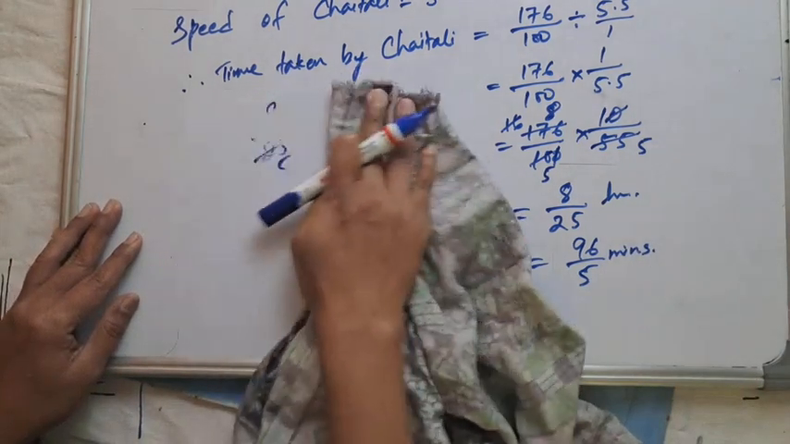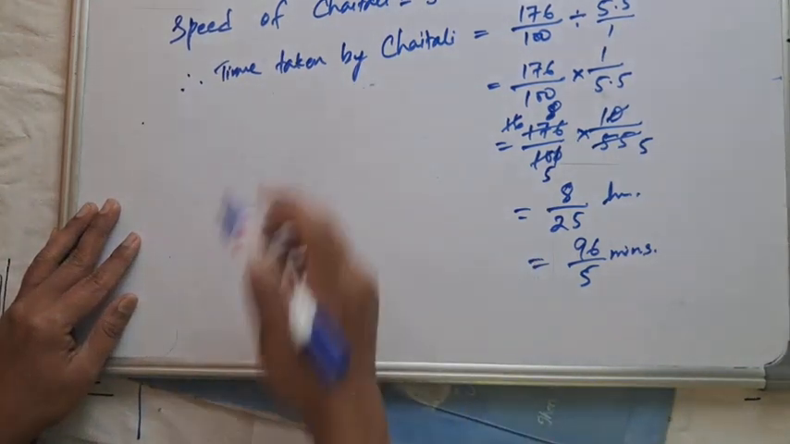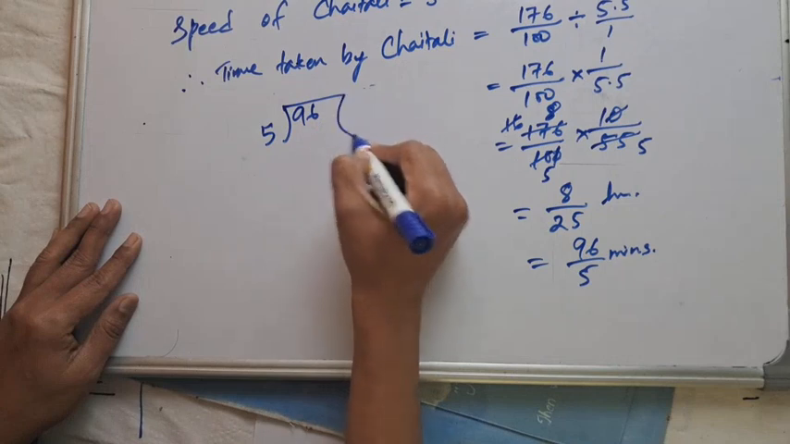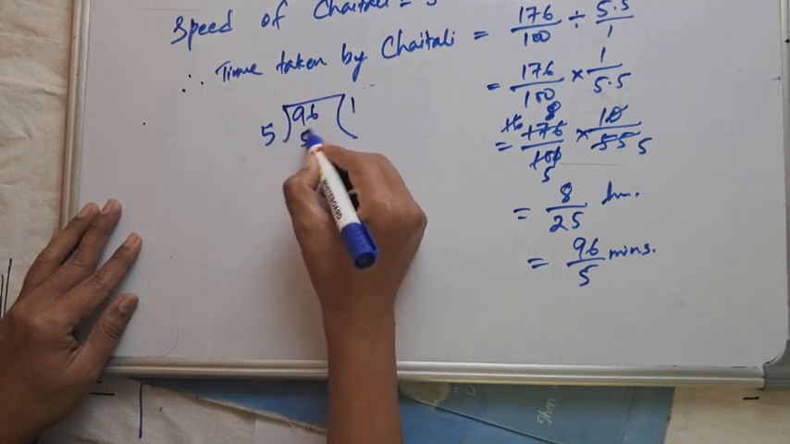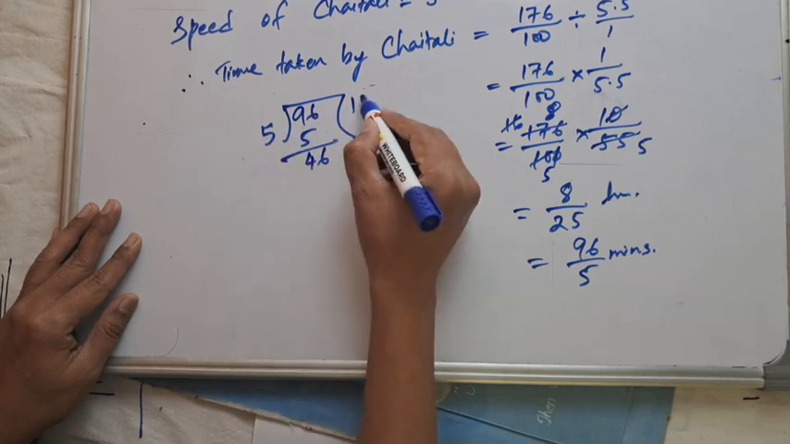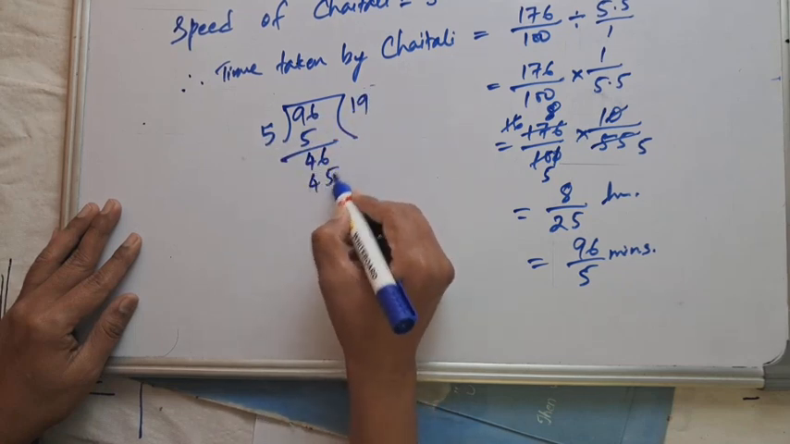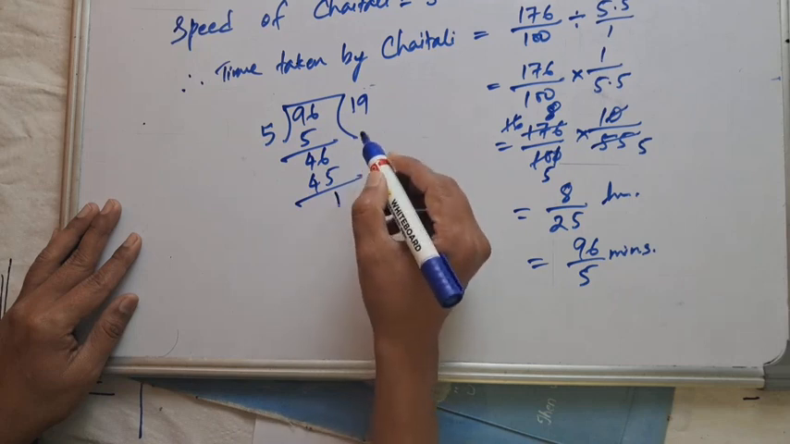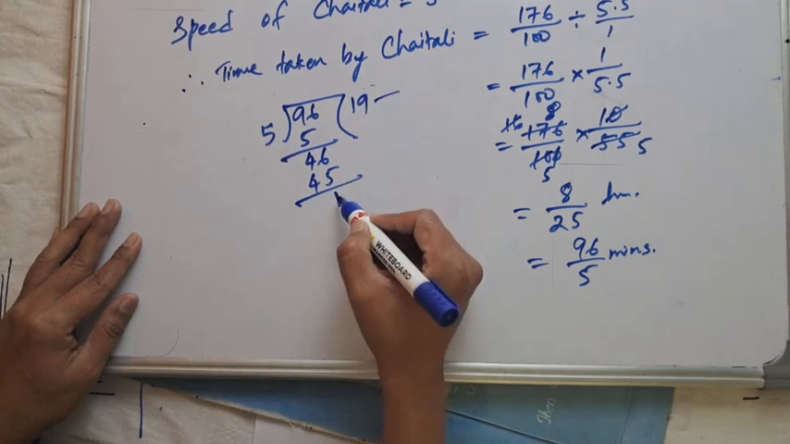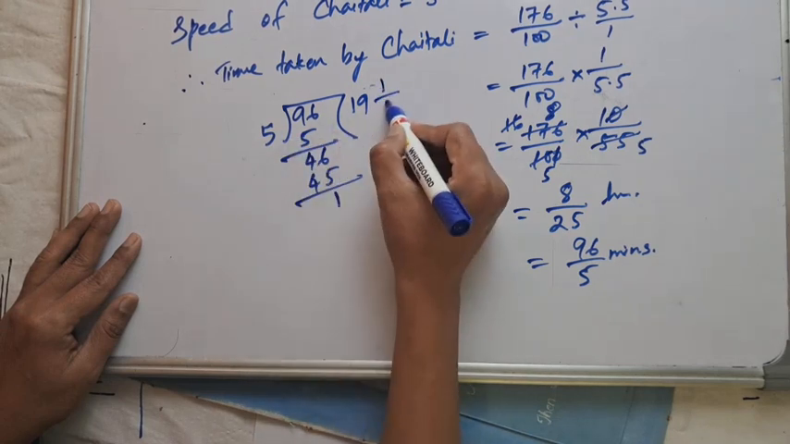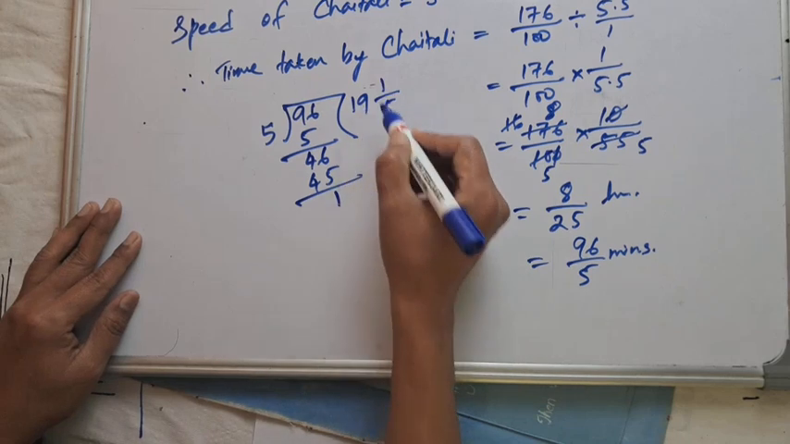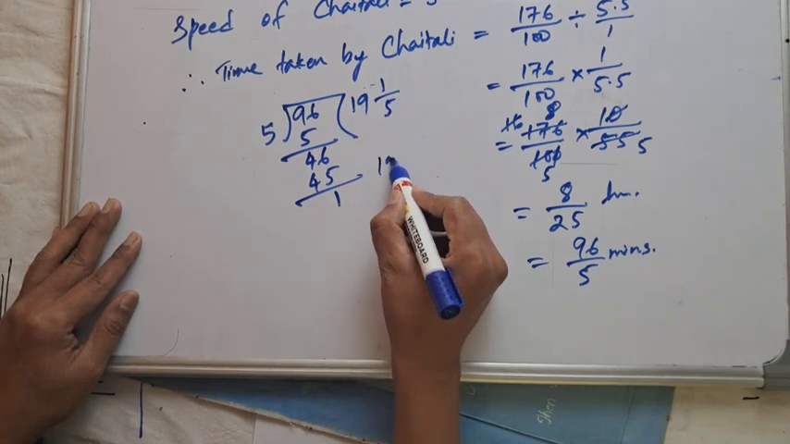96 upon 5 minutes means 96 divided by 5. So 5 1s are 5, 9 minus 5 is 4, this 6 comes down, 5 9s are 45, 6 minus 5 is 1, so 19 whole 1 upon 5. 19 whole, this 1 goes to the numerator, this 5 comes here. 19 whole 1 upon 5 minutes, which means 19 minutes